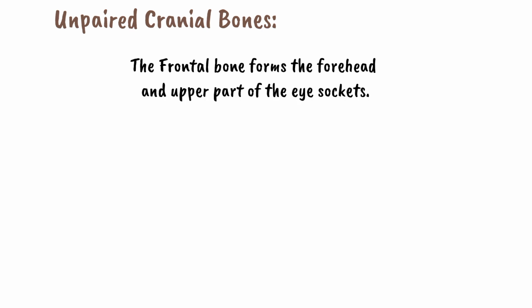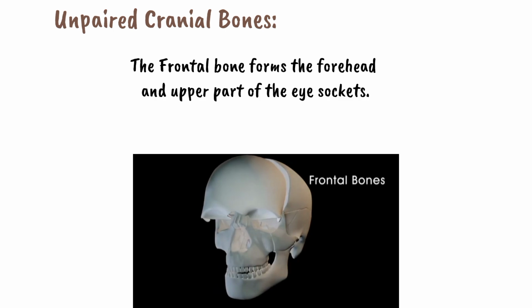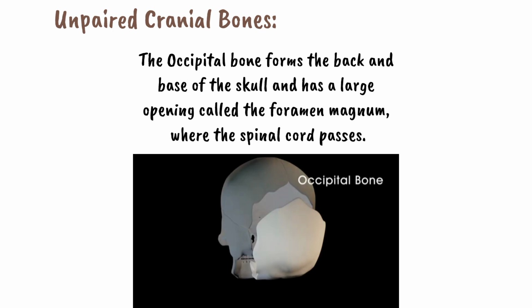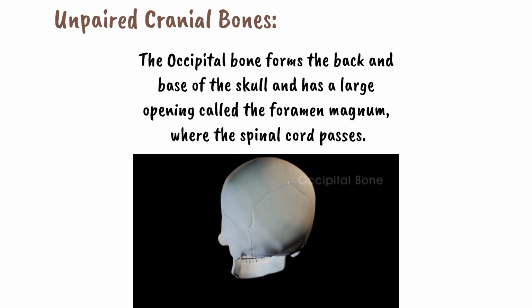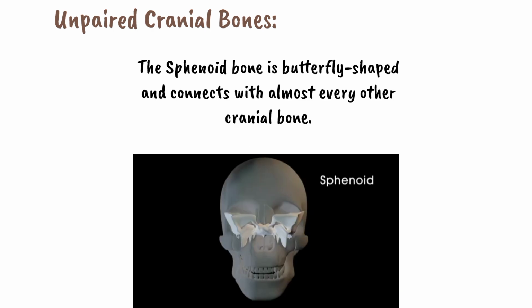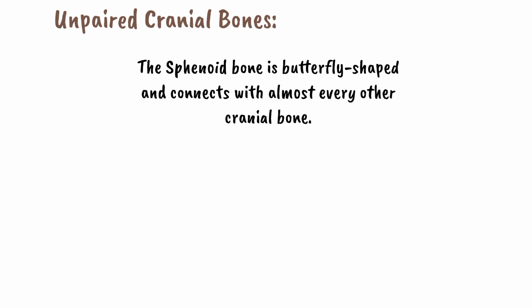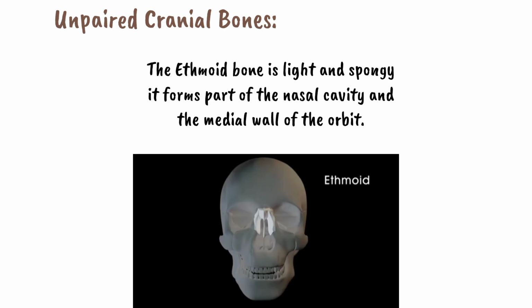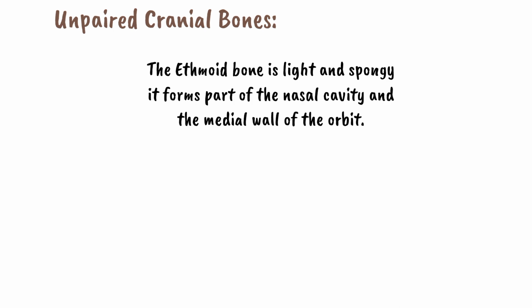The frontal bone forms the forehead and upper part of the eye sockets. The occipital bone forms the back and base of the skull and has a large opening called the foramen magnum, where the spinal cord passes. The sphenoid bone is butterfly-shaped and connects with almost every other cranial bone. The ethmoid bone is light and spongy, it forms part of the nasal cavity and the medial wall of the